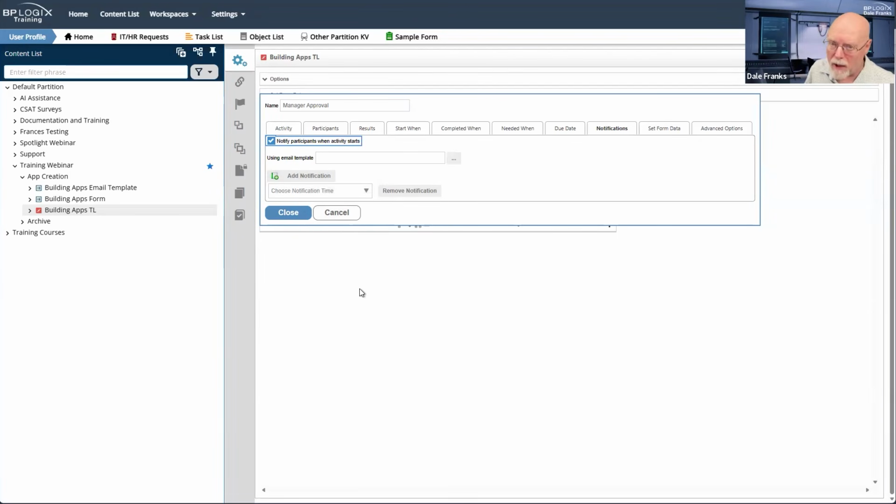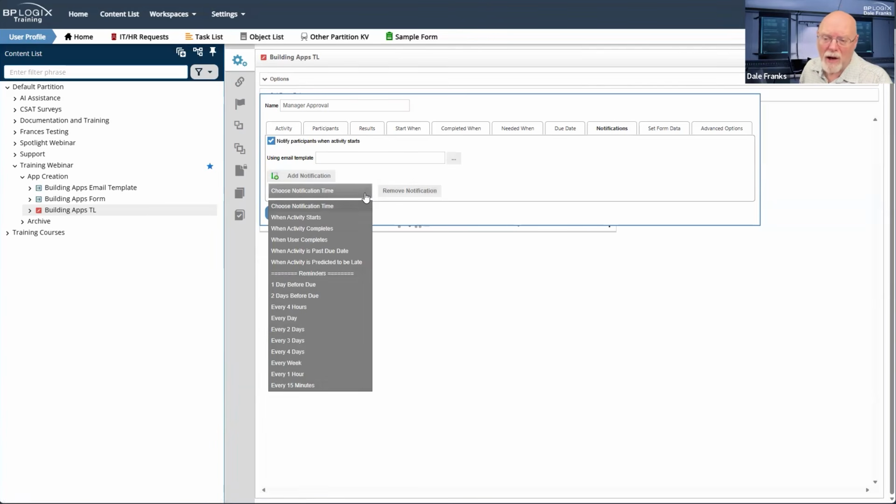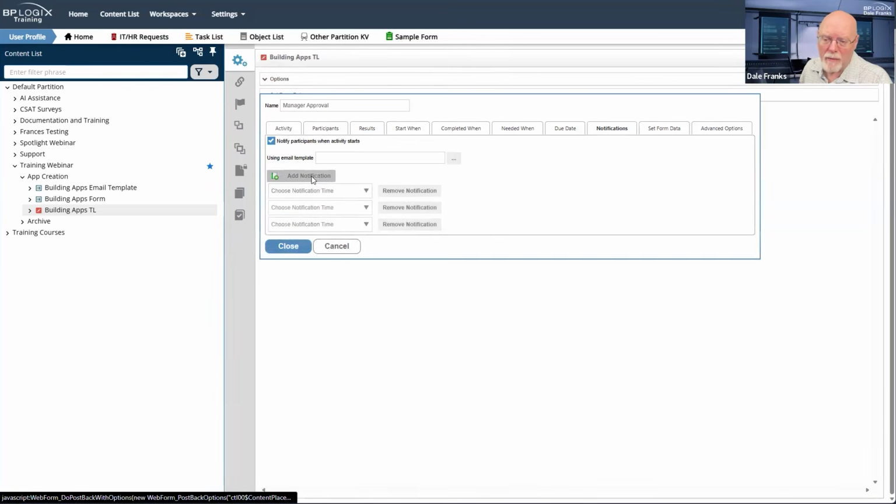There are very, very few instances, outside of just not wanting to send the participants an email at all, at which you would uncheck this box. There are almost no useful instances where you would uncheck this box and then send a notification down here from the bottom, and you can have multiple notifications.